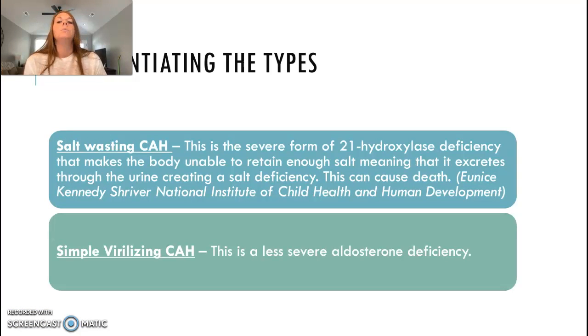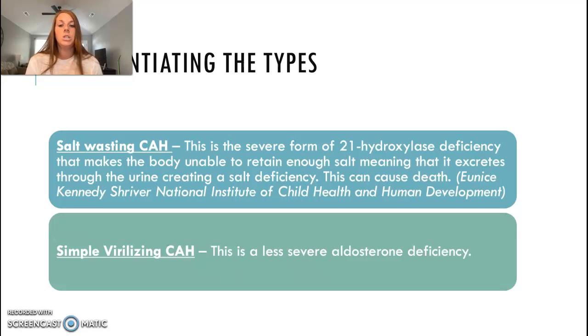There are two different types of congenital adrenal hyperplasia. The first type we're going to talk about is really the main one that we get concerned about as far as talking about this disease. So the first one is going to be the salt-wasting congenital adrenal hyperplasia. In a normal body, our adrenal glands are actually supposed to be able to retain a certain amount of a natural electrolyte called sodium. And if the body can't do that, it actually excretes it through the urine. So that's when we get to talking about the CAH. So it is what we call a